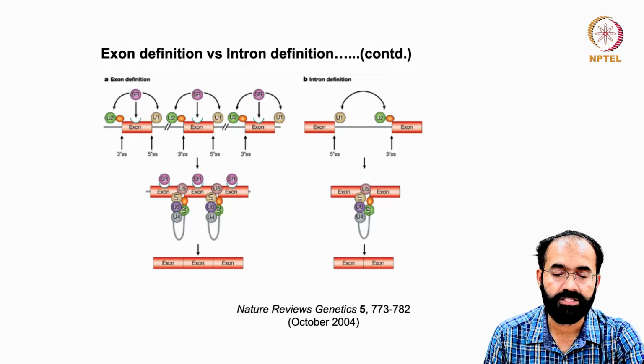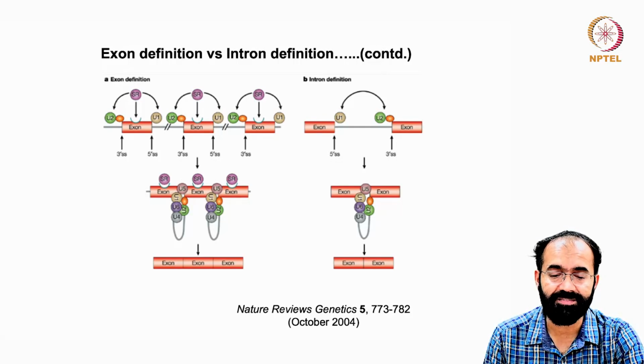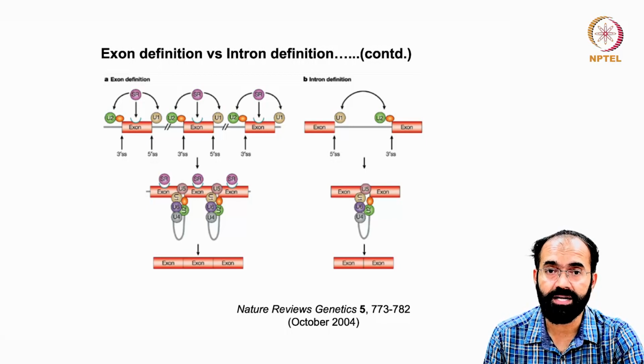And now this complex is formed in such a way that U1 and U2 have an interrelationship, because the boundary of an intron is defined by the gap between U1 and U2. U2 is not exactly on the 3' splice site, but it is very close to the vicinity of the